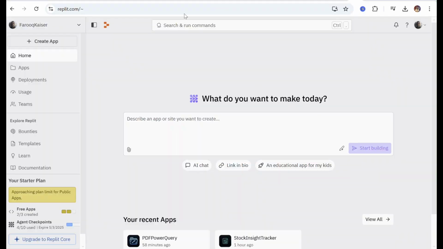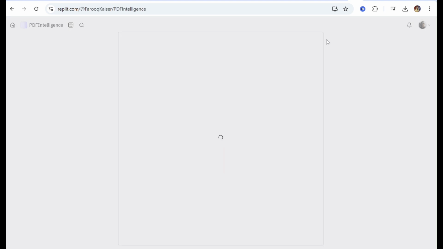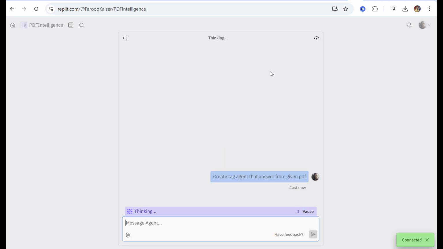To get started, simply Google Replit Agent to visit the official site or install the Replit mobile app if you prefer using your phone. Once you're set up, just enter a simple prompt: Create a RAG agent that answers from a given PDF. The AI will handle the rest, setting up an agent that can process your PDF and answer questions based on